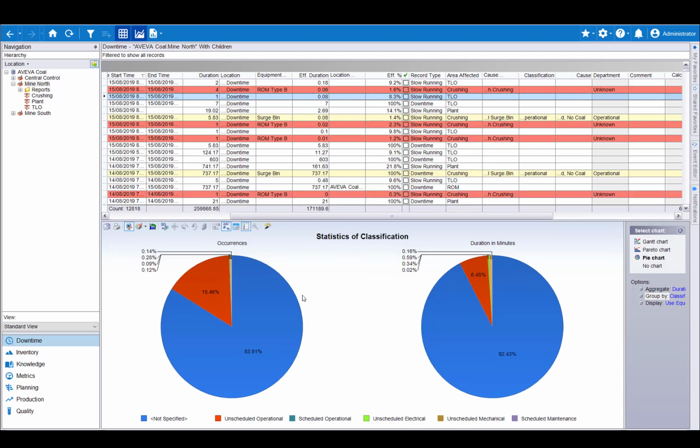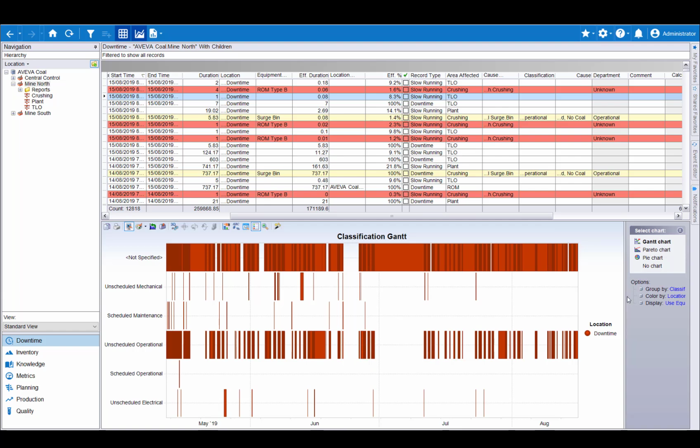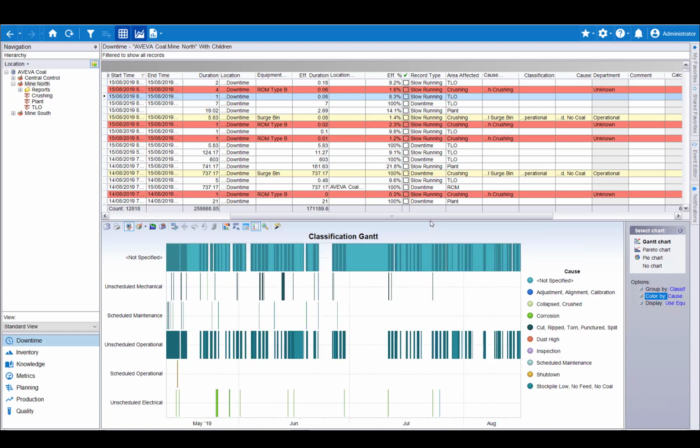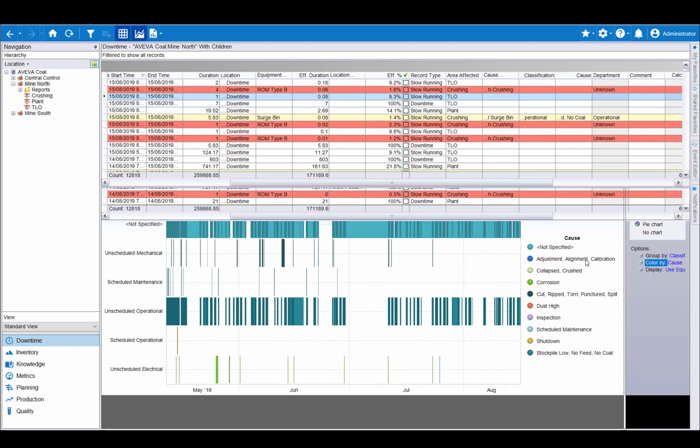And then down the bottom here we have the charting panel. So this again is where, if we want to do some sort of straightforward data analysis, we may turn on the charting panel, and you can see here that some of the options in this charting panel are relevant to the module that you've selected. So in downtime, as an example, we have pie charts, we have Pareto charts and Gantt charts available to us. But when we select something like metrics and we come back into the charting panel, you'll see that we actually have quite a few different options that are more statistical based. So that there is a very quick